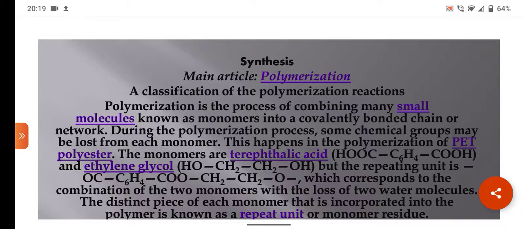During the polymerization process, some chemical groups may be lost. In polyester, the monomers are terephthalic acid, COOH C6H4 COOH, and ethylene glycol, OH CH2 CH2 OH, but the repeating unit is